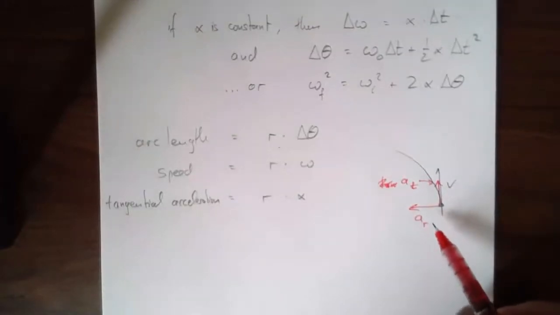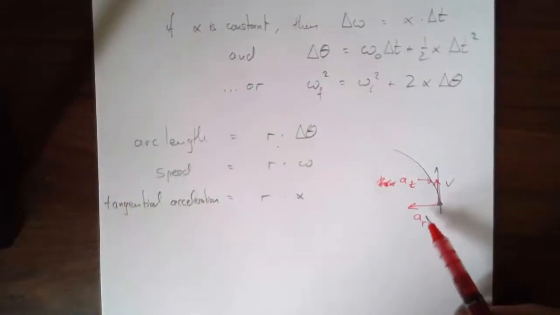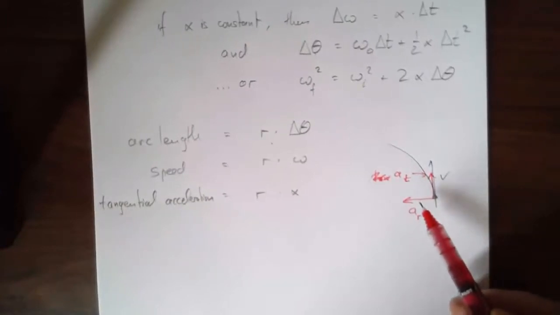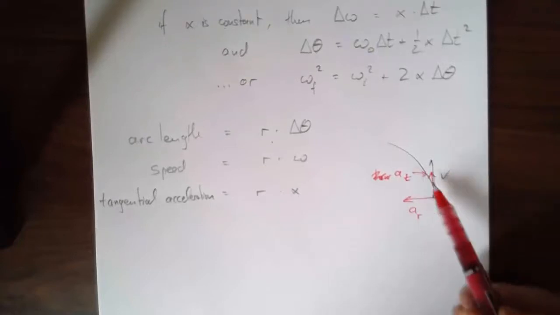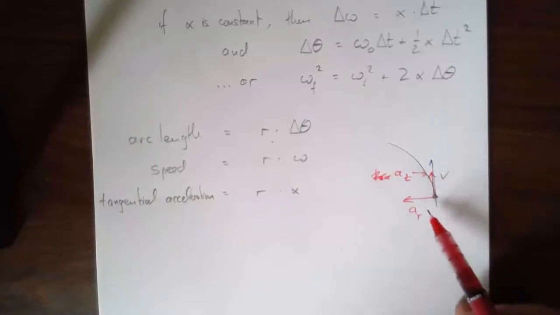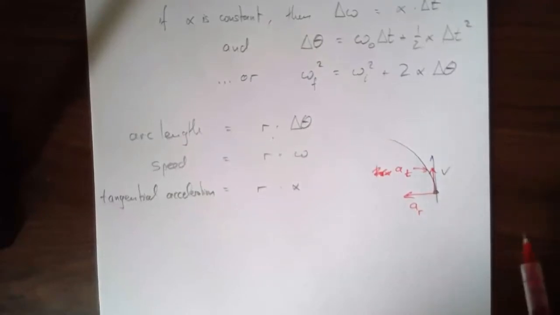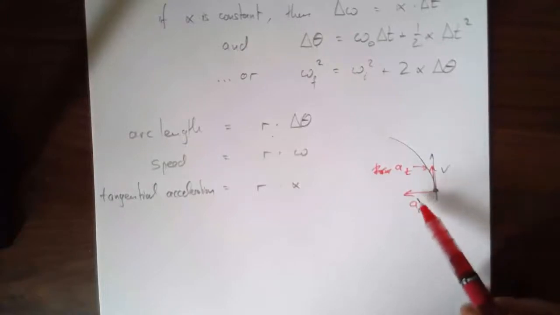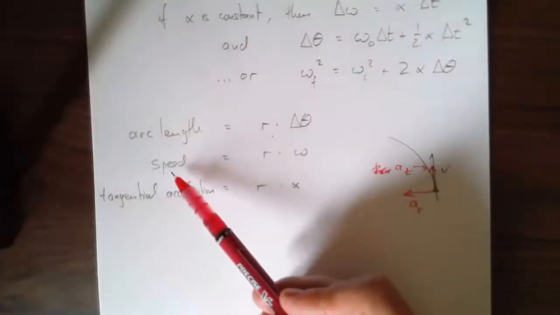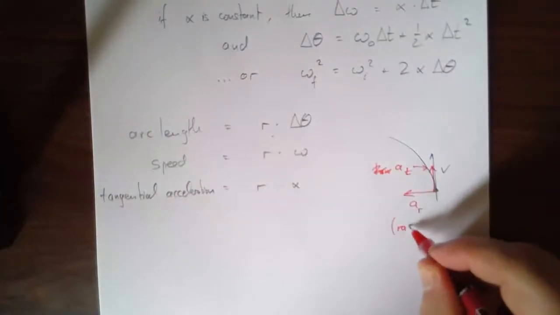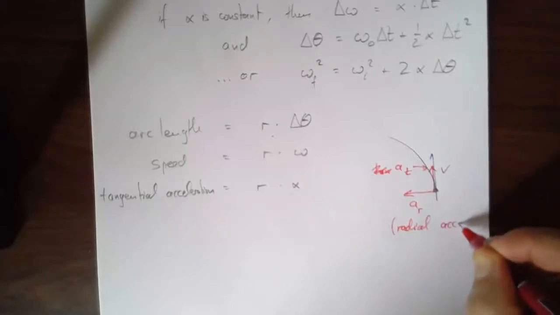This one makes us turn, that's always true: the acceleration perpendicular to the direction of motion causes turning without speeding up or slowing down. Acceleration forward or backwards in the same line as the velocity causes speeding up or slowing down. If your actual acceleration vector has both components, well, then you'd be turning and speeding up or slowing down. But this one here, therefore, does not actually change the rate of change of speed. In fact, this one, if you're going in a circle, we're going to call it the radial acceleration.